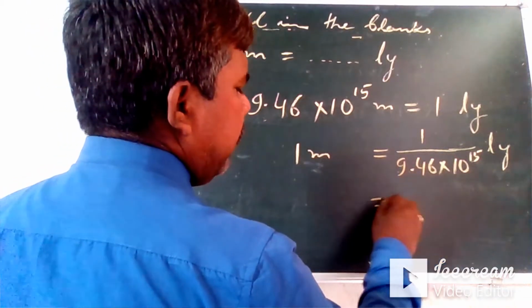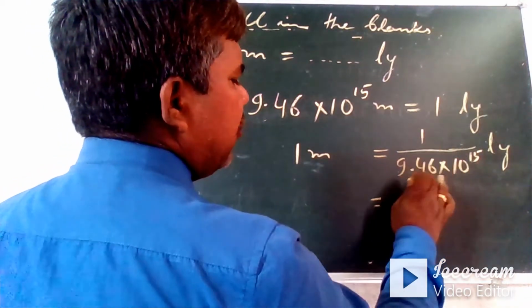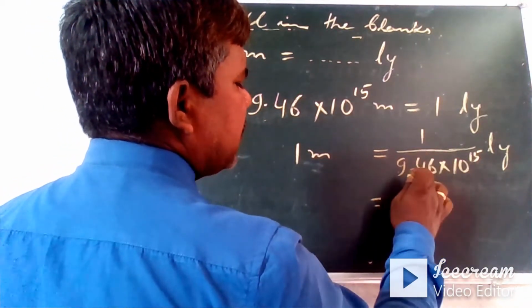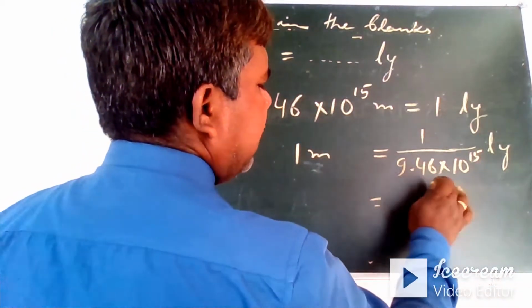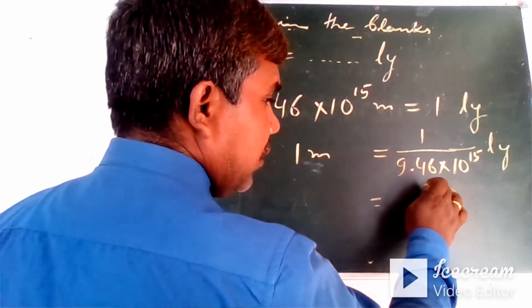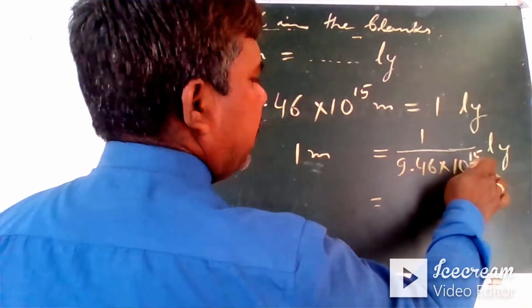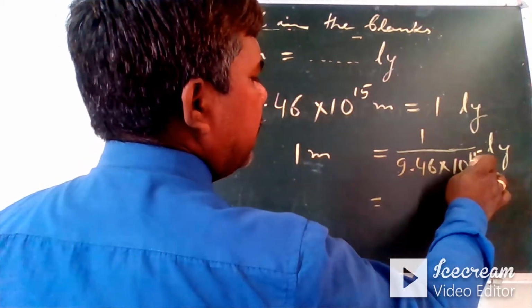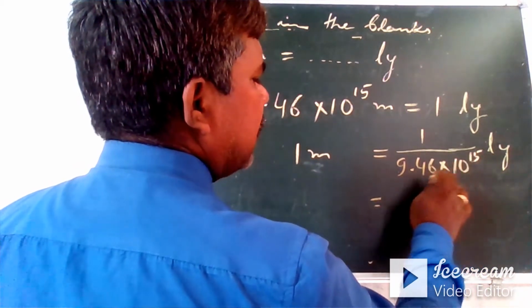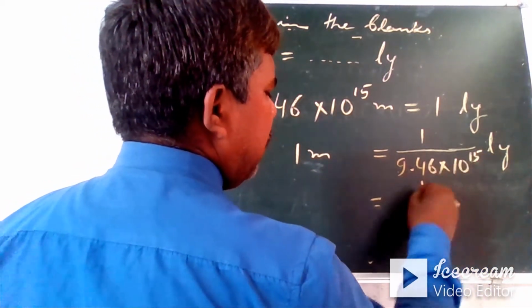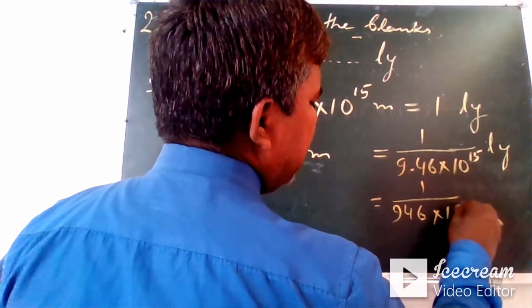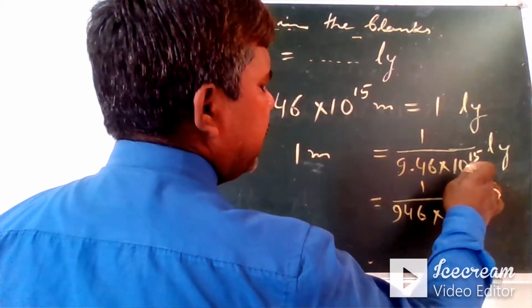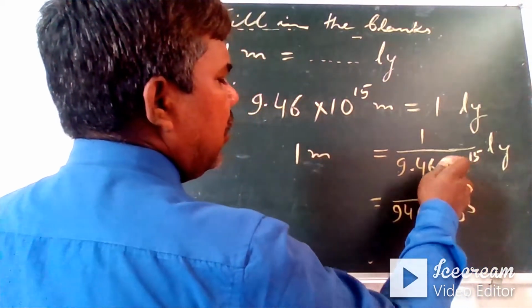How do we divide? For division we cancel the decimal. It means the decimal should be brought here. So we will multiply it by 100, 10 to the power 2, since 100 is 10 to the power 2. So here it will become 13 power 1 by 946 into 10 to the power 13. The 10 to the power 2 will be used for multiplication.